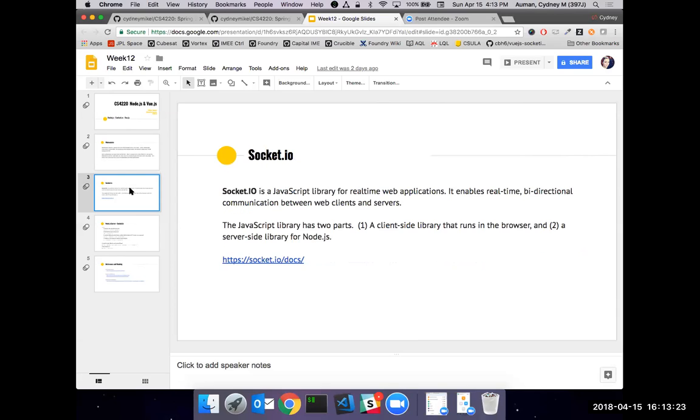There are base WebSockets in Node, but just like a lot of things in Node, we use libraries. And we use Node modules, and the most popular Node module for real-time web applications and sockets is Socket.io. Not only does Socket.io have a back-end portion that we can use inside of our server, it also has a front-end portion that we can use inside of our browser. And since we're using the same library on both sides, there's no worrying about compatibility.